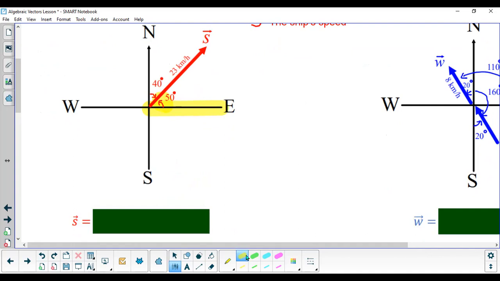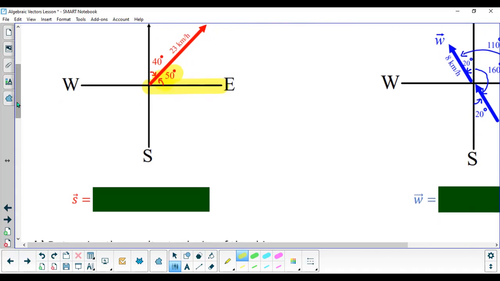We have to use this angle, 50 degrees, because that is my principal angle from the x-axis to the terminal arm. Can everyone write that down? Your principal angle theta has to always be from the x-axis to the terminal arm. And that's important because now when I'm plugging that information into my formula,